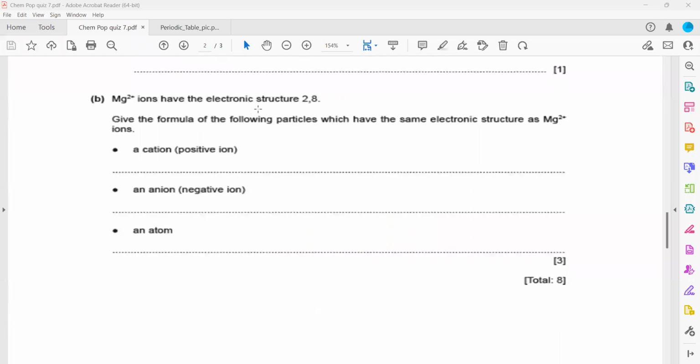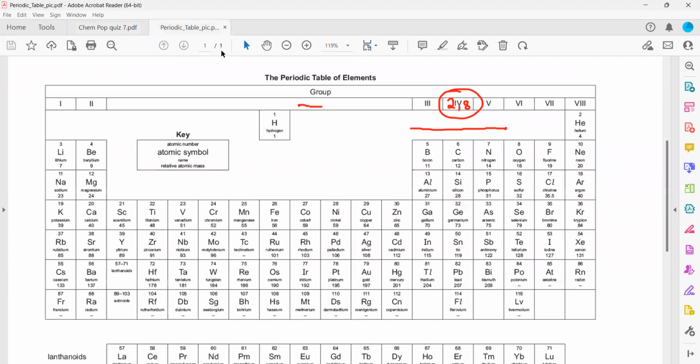Then magnesium ion, which is +2, with the electronic configuration of 2 and 8. Give a formula of the following particle, which is having the same electronic structure, meaning it is having 2, 8 or 10 electrons. A positive ion. So which positive ion, other than magnesium +2, is having 10 electrons? Which positive ion? So when we check,